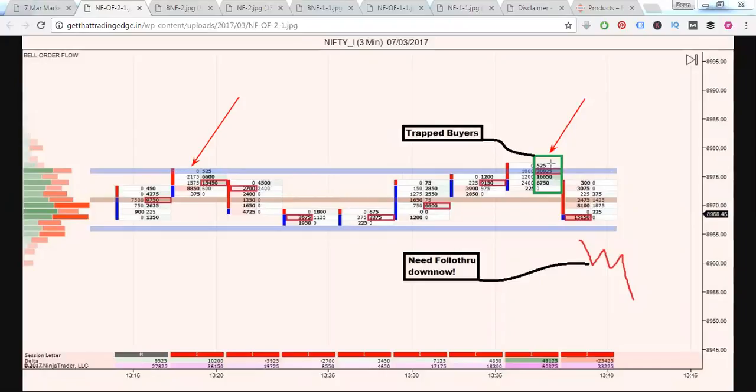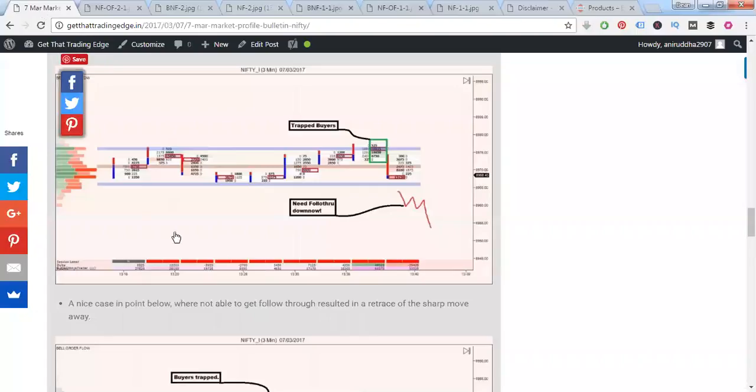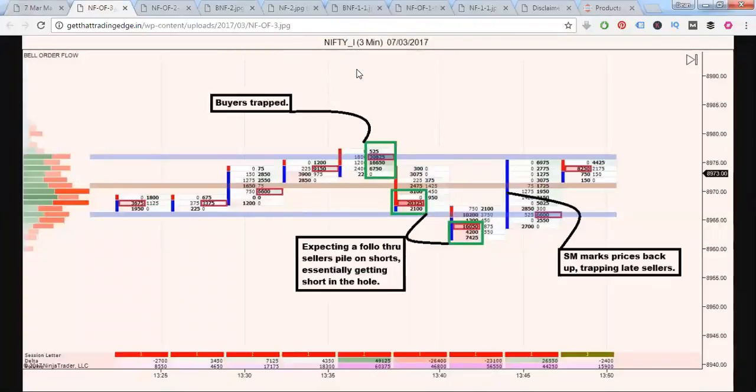You can see some buyers trapped at the top, and we had a nice follow through lower. What I was expecting was a possibility of coming down, maybe test, and then again continue the move lower. But as it turned out, if you can look at the next chart, instead of getting nice follow through lower, what happens is, again, here we got trapped buyers, now here we get